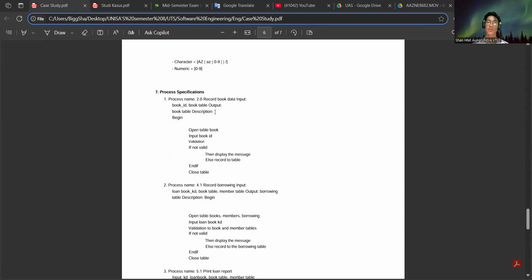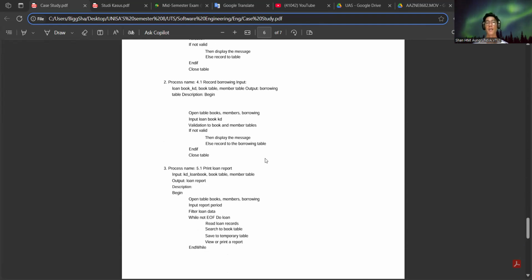So how to start? First of all, we need to find the database of the book and put in the book ID to check that there is available data. It will then show that there is book data in here. If not, we can close that database and return the available data. So this is the process simplification.